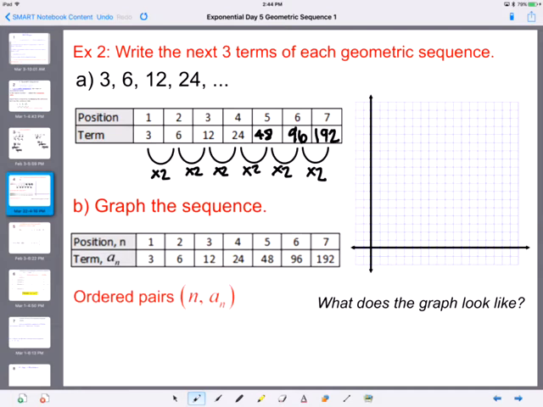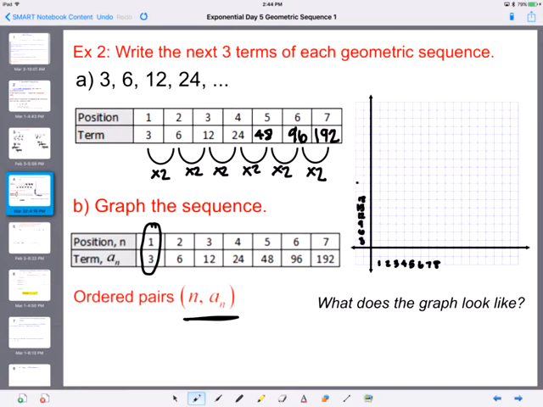In part B, they ask us to graph that sequence. Remember, when we're graphing, we are graphing ordered pairs. These are ordered pairs from our T-chart. So you want to make sure and label 1, 2, 3, 4, 6, 7, 8. And then on this graph, we can count by 3s, 3, 6, 9, 12, 15, 18,